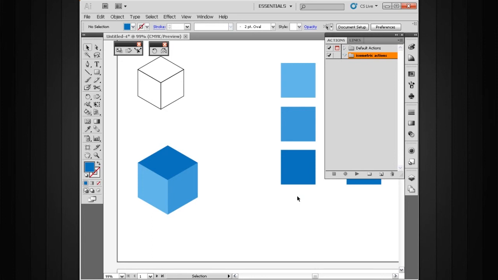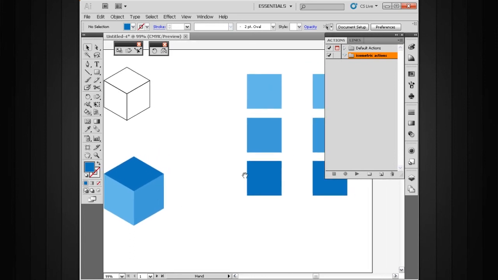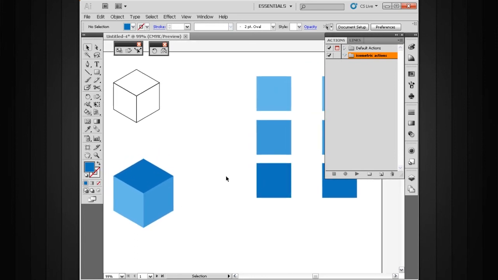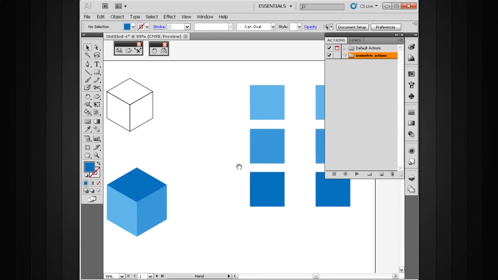So what we need to do now is actually record an action. So I'll tell you what, let's go ahead and attack this left face first here, and let's repeat that process and record actions this time. Now, if you've ever used Photoshop, these actions are very similar to the way Photoshop handles actions. So we have down here a record, a stop, and a play button in the bottom left corner of our actions panel. Before I press any of those buttons though, I need to go in here and create a new action. So let me hit that new action button here,